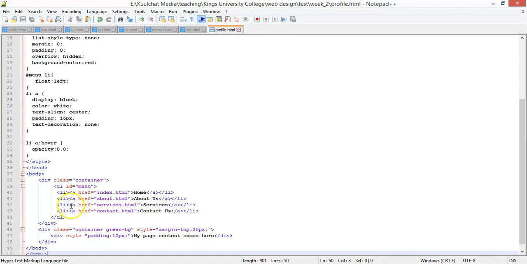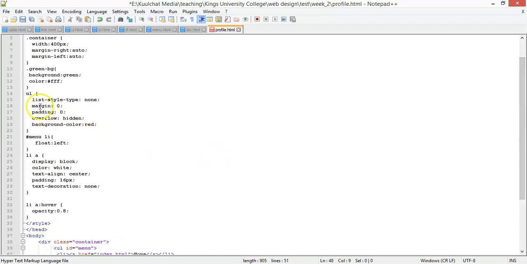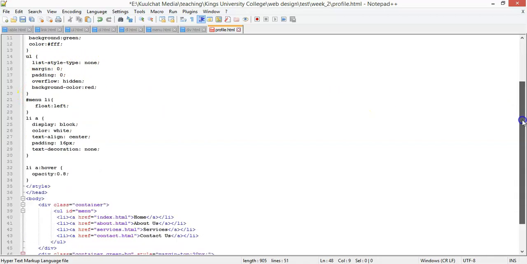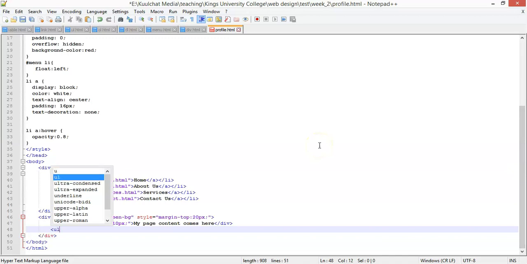Now to demonstrate something else, in the UL, we've given an attribute that says all our UL should have a display of none. So let's say, for example, I want a UL not to be displayed as none. Because I've given a general rule for all UL, the list style type to be none, they all have that attribute. For example, if I have UL,